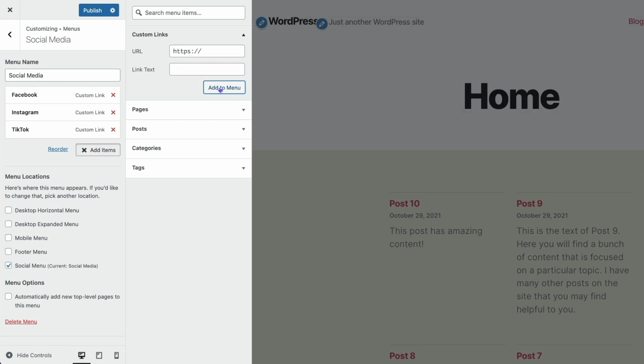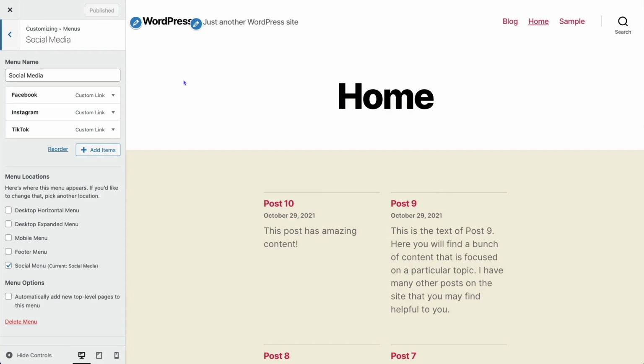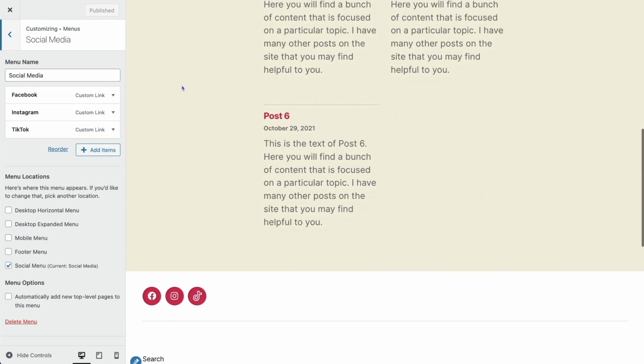Finally, click Publish when you've added all your social media channels. And then if we scroll down, we can see our social media icons are right here,